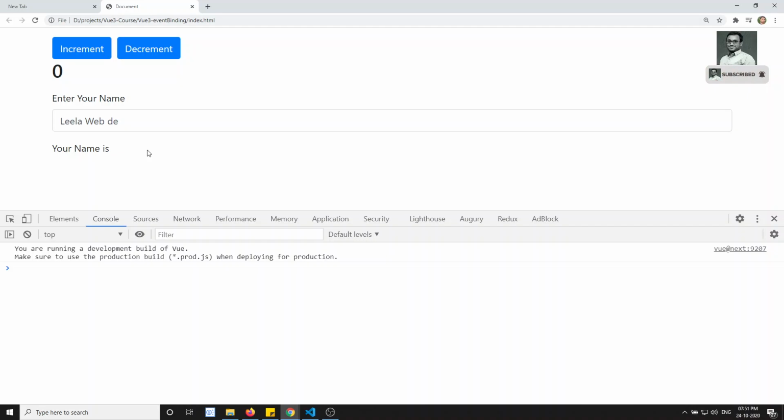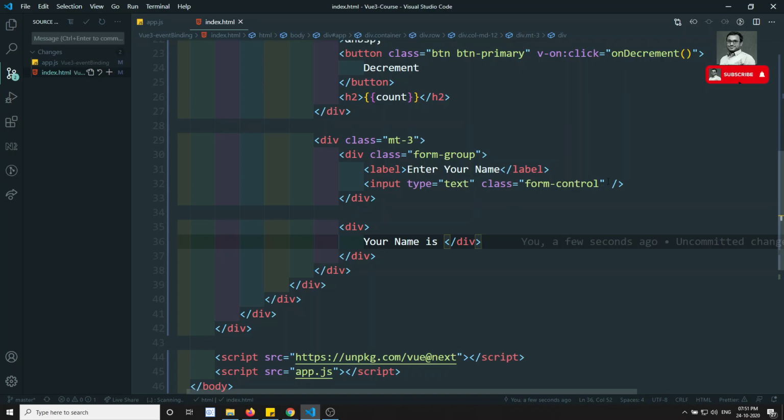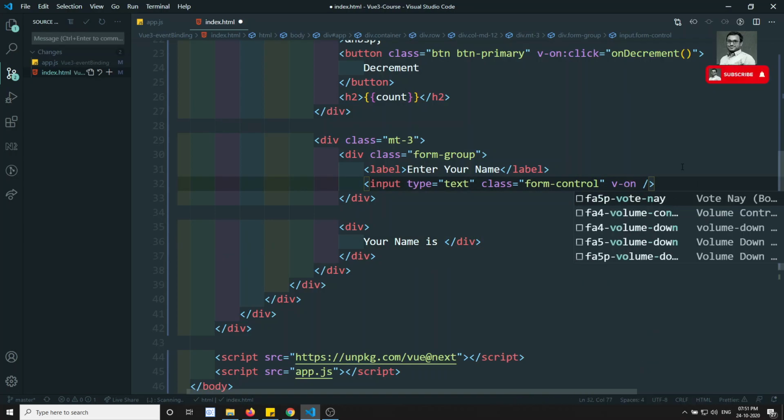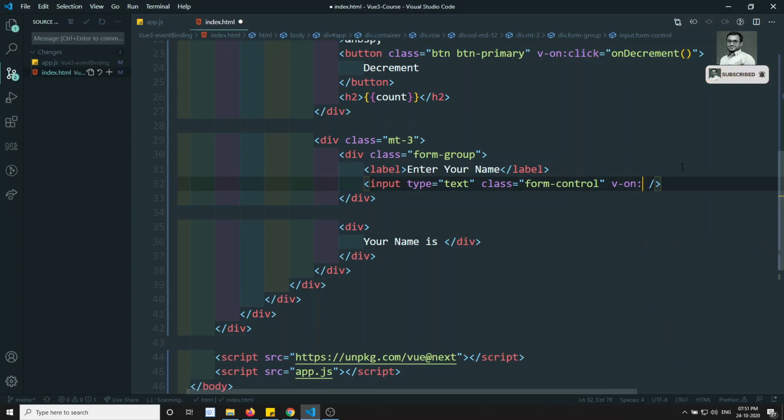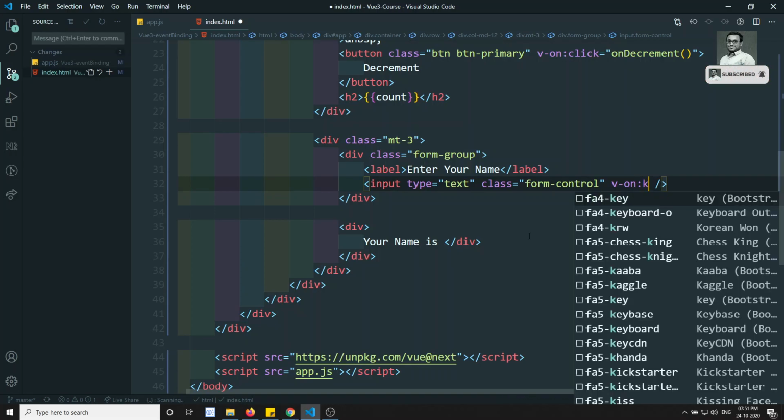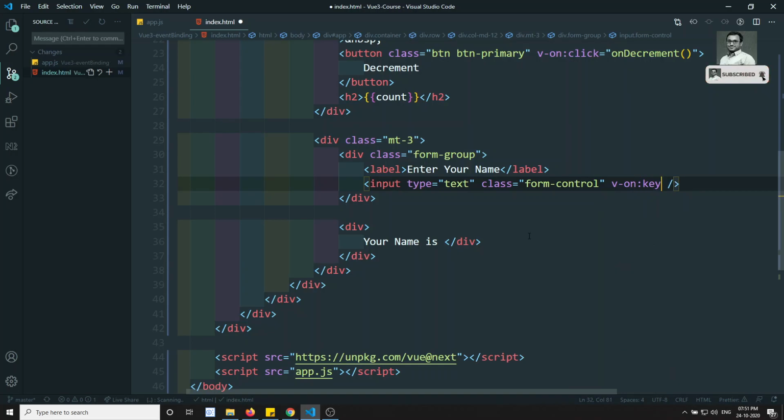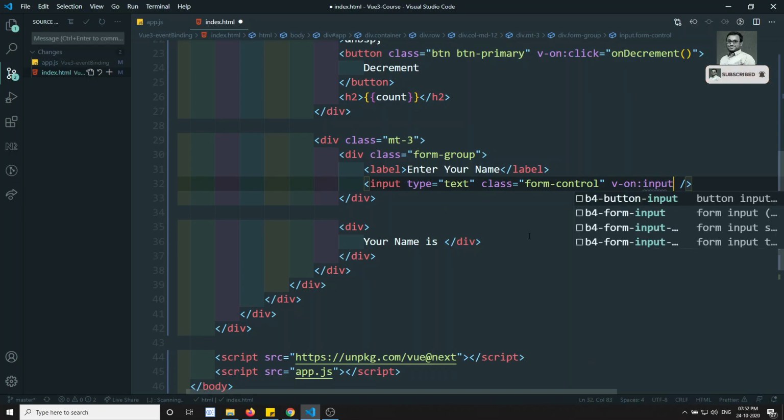Simply, we can achieve it through event handling. We can use v-on for this, and we should not use click here. Why? Because for every key press, we need to capture whatever data is in the input box and throw it into the place where we need it. So we can use either keyup or keydown, but the best way is input. In vanilla HTML elements also, the best way to capture data from an input is the input event.